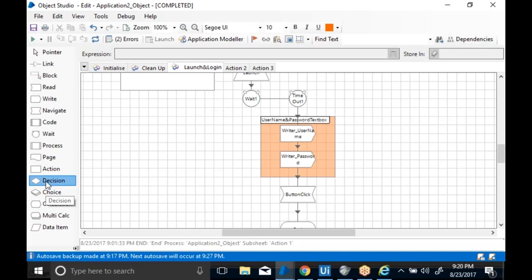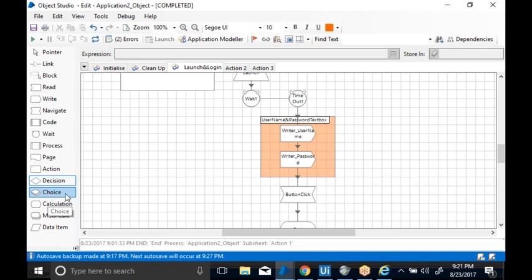And again the decision. Now why do we use the decision? Decision is like an if condition. Now you can put what result will be contained for the decision. True or false, you will have two options, true or false. Now by using a decision block, you can put the conditions.